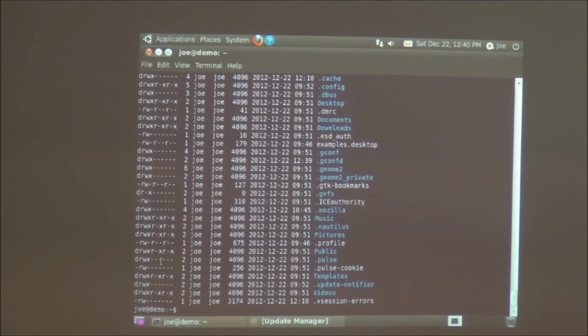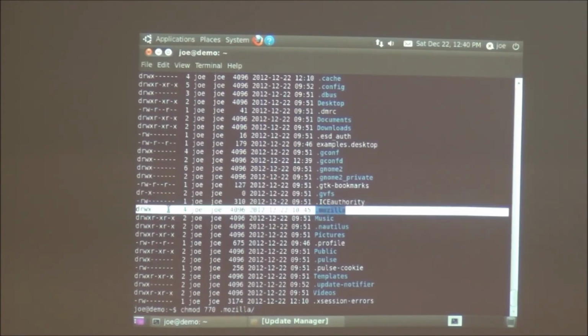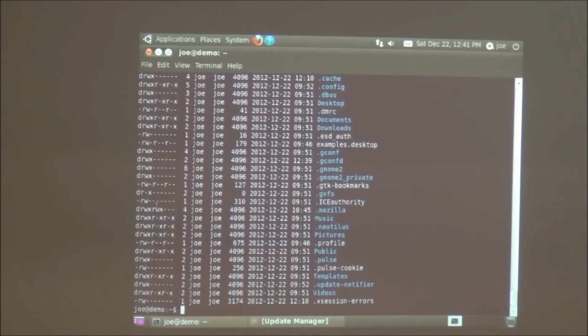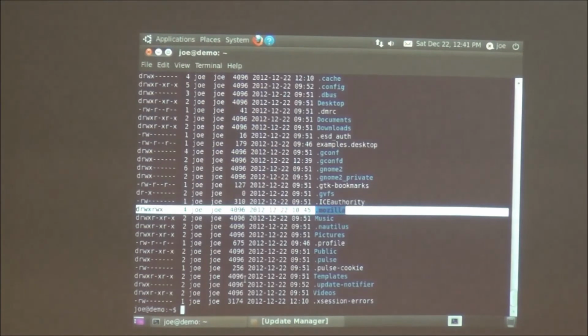Now, how do I change that? So right now, only Joe has access to that folder, right? Now, people in Joe's group also have access to that folder.